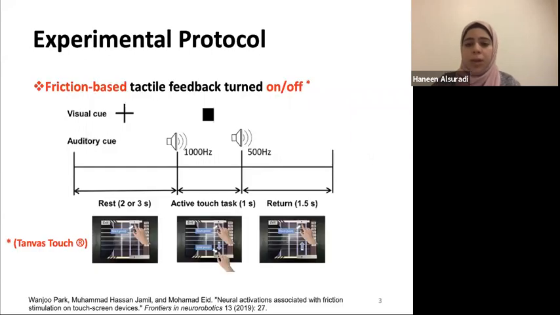This is the protocol of the experiment. The experiment was done using a Tanvas touchscreen device, which is capable of providing friction-based tactile feedback. Subjects had to move their right hand index finger across guitar strings shown on the screen of the device from top to bottom. For each trial, tactile feedback was either enabled or disabled randomly. If the tactile feedback was enabled, you would actually feel the guitar strings when you swipe your